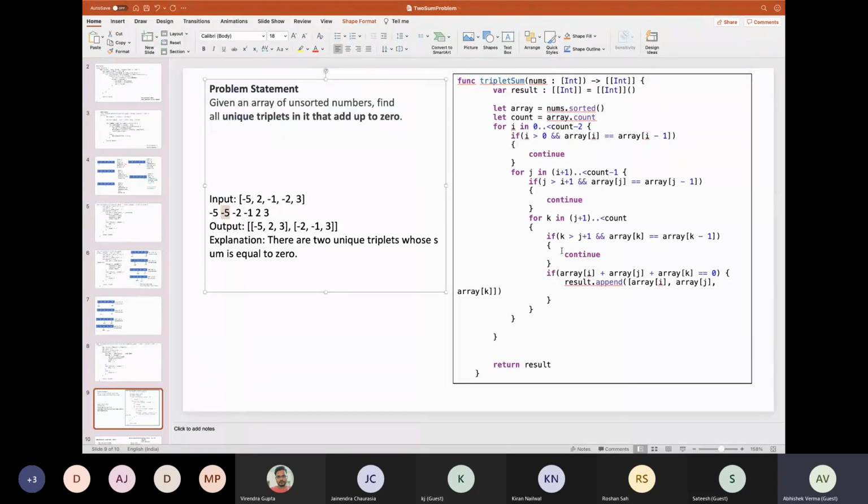So similar means this is very straightforward. Once we have three elements, we keep hold of 3 elements in the array. We just add them and see if those 3 compute to 0. If that is the case, I'm just appending those elements in my result array. So this is one of the solutions which we can discuss for solving this problem. Is there any doubt on this?